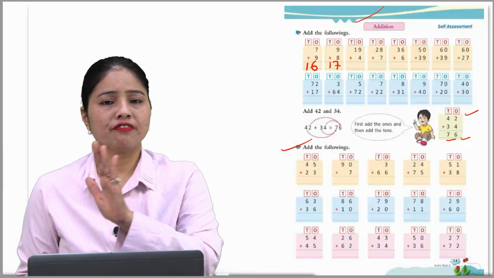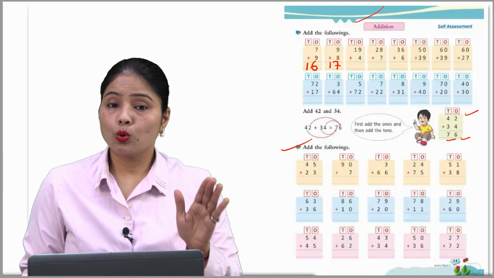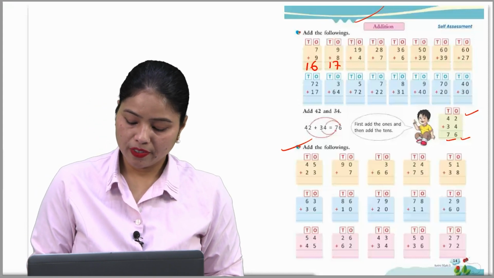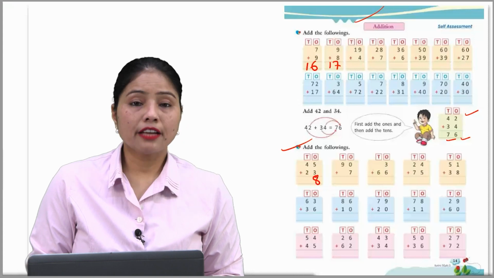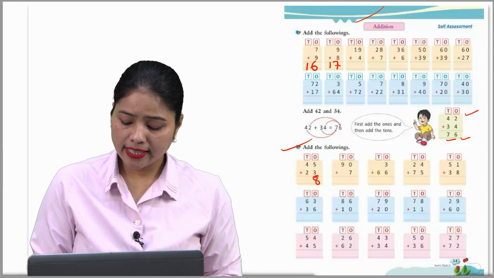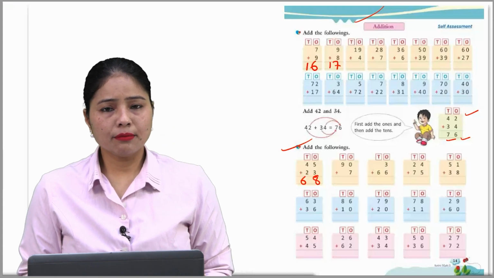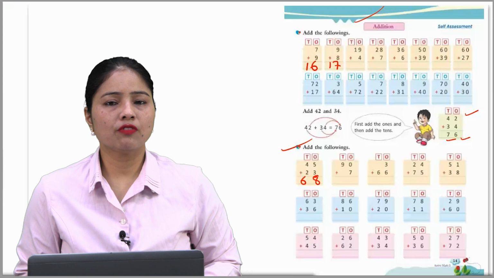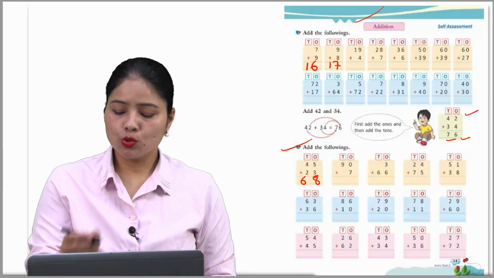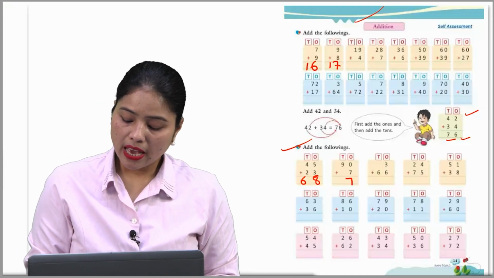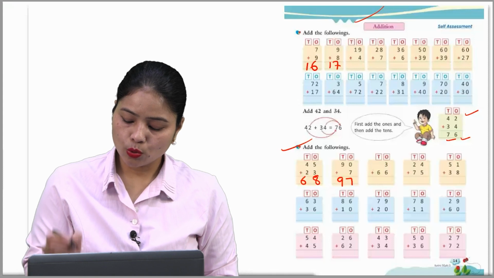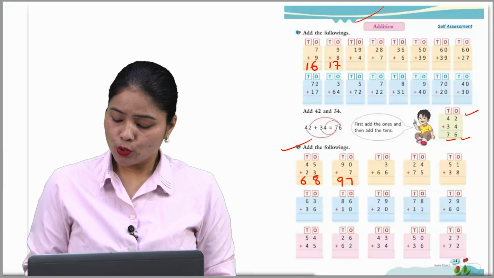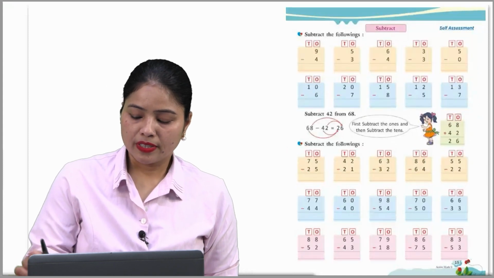First one is given 45 plus 23. So start from ones place. So 5 and 3 is 8. Write it 8. And 4 and 2 is 6. So write it 6 like that. Similarly, next one is 90 plus 7. So you have to start with ones place. 0 has no value. So 7 remains 7 itself. And 9 is 9. So 90 plus 7 makes number 97. I hope you understood. So fill it on your own beta.